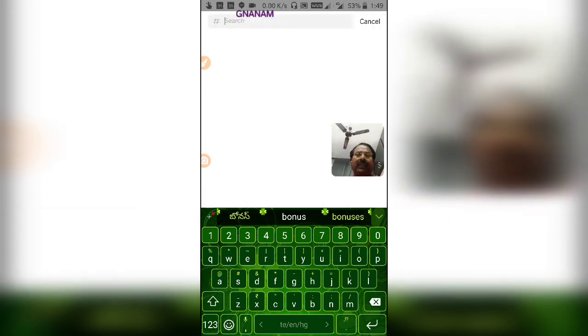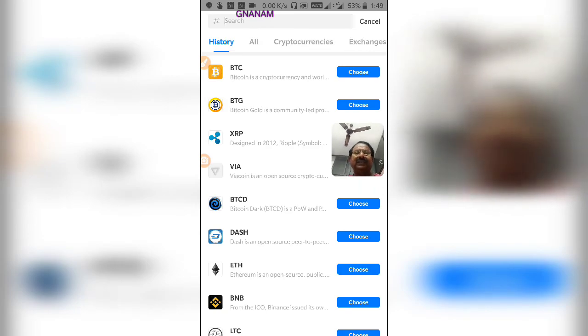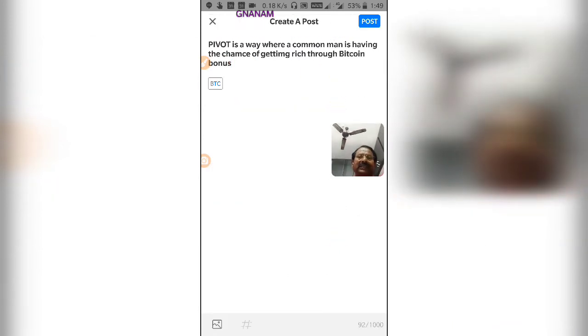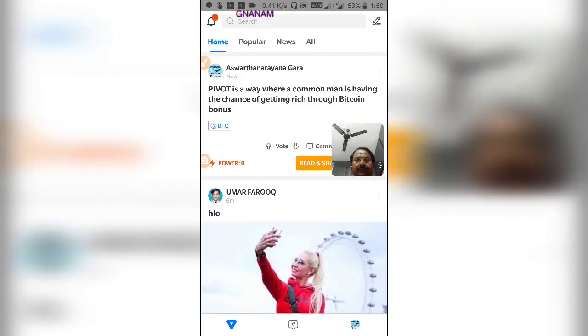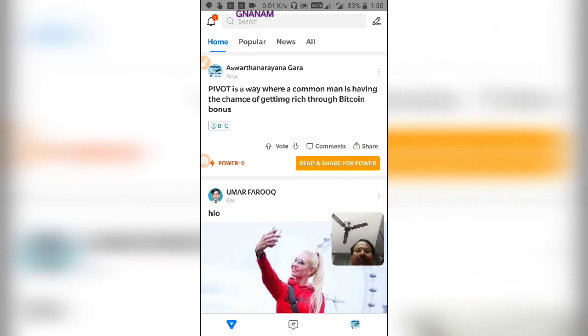Now you can select any of these groups. For example, I am choosing this BTC. Okay, I am making this post. So I have posted this. Like this, you can make posts every half an hour. But you should not make it spam. Be careful.